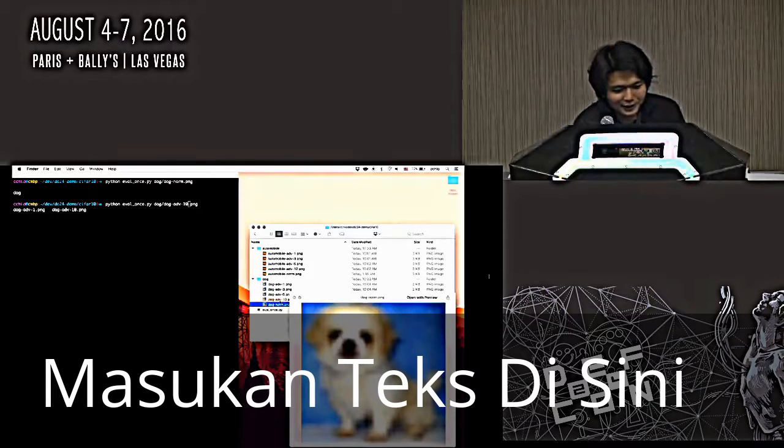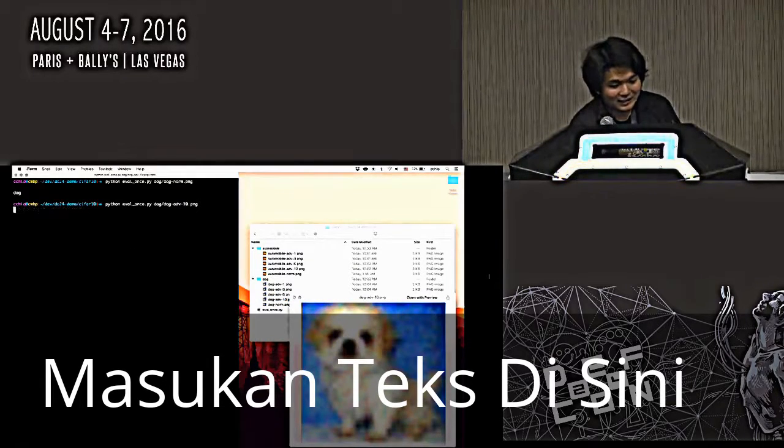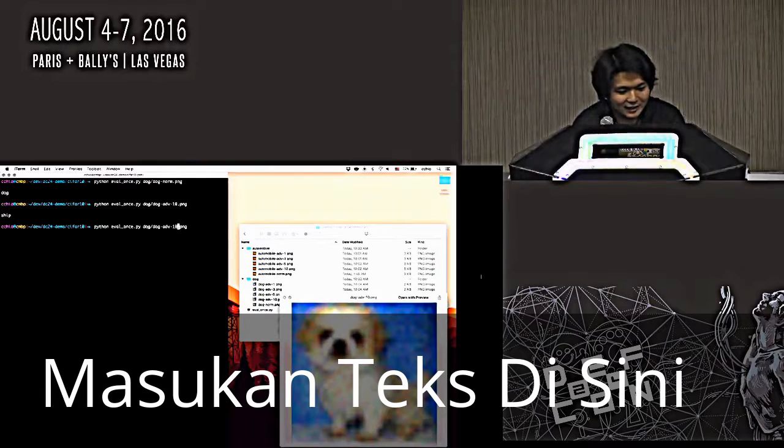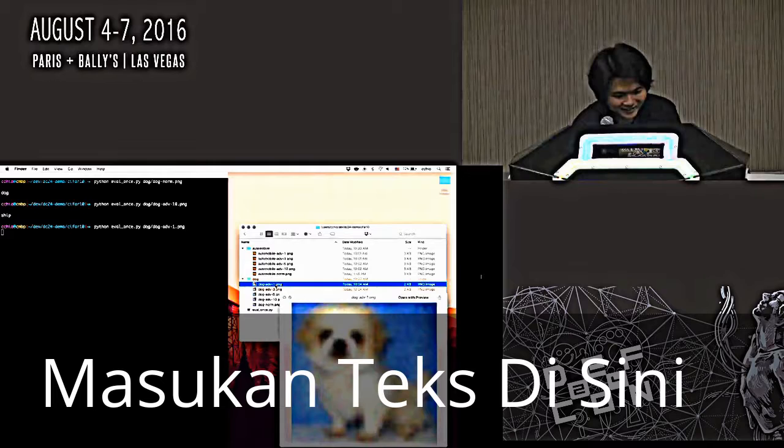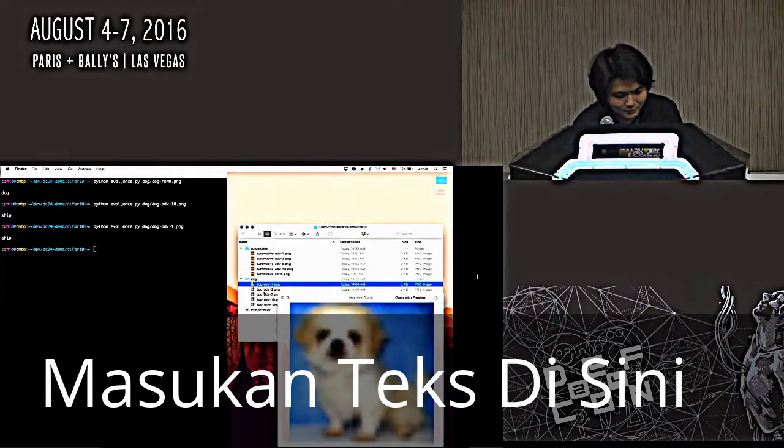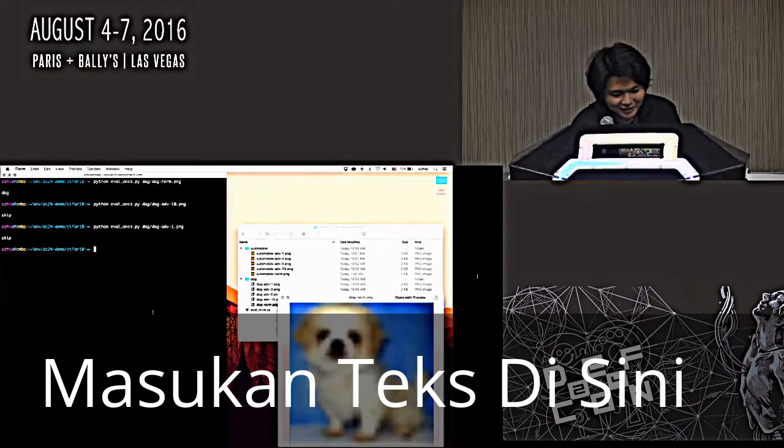And what we're doing here is to eval this, and what this evaluator does, very similar to the MNIST classifier, is that it classifies this image into a class. So it tells you whether this image is of a dog or of something else. So you see in the add 10 image, it classifies it as a ship. In add 1, it classifies it as a ship as well. So you can see that the images are pretty similar, but there's actually differences in them.